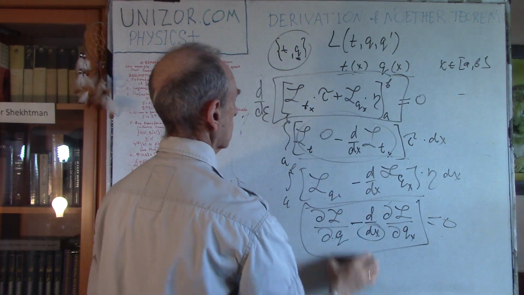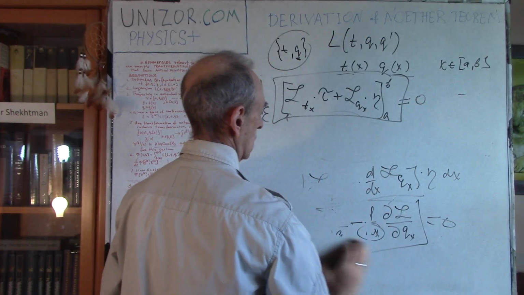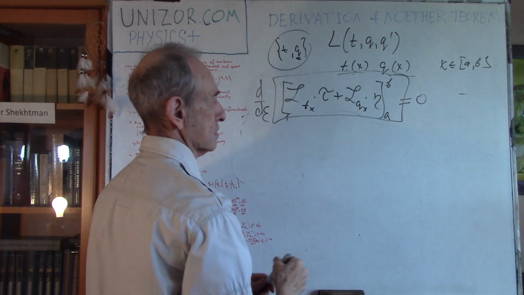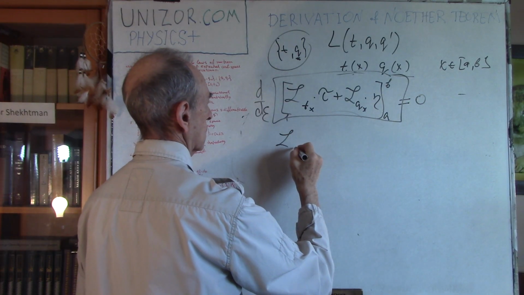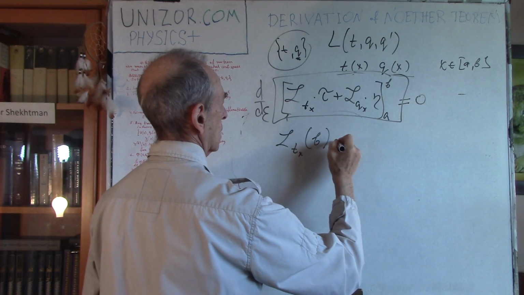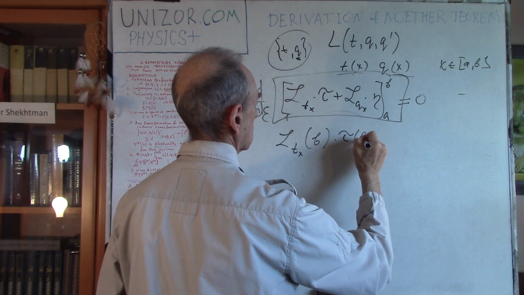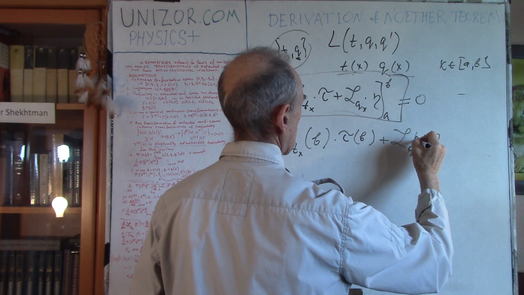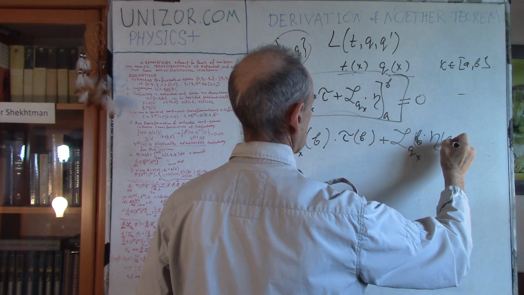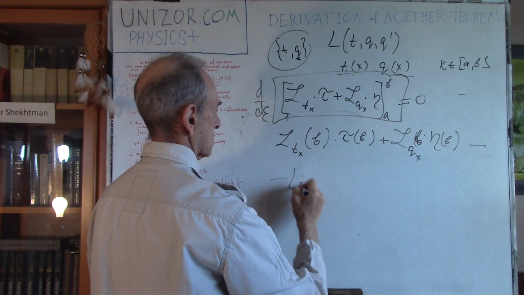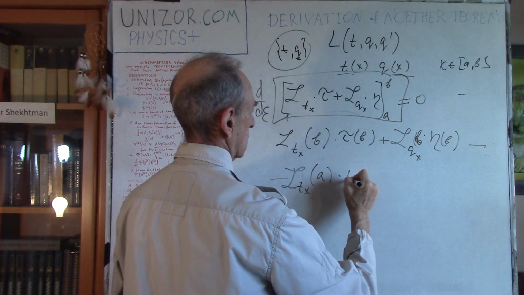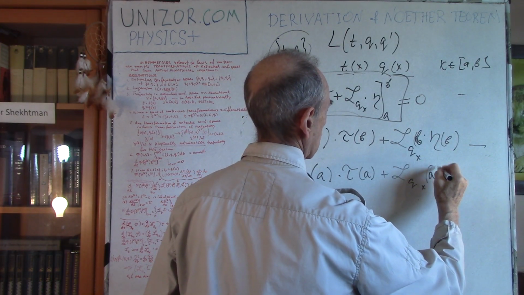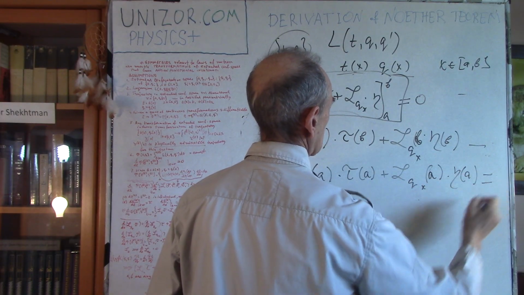Now, if this is equal to 0, it means that if I will substitute a, and if I will substitute b, so if I will have L tx from b times tau of b plus L qx eta of b, minus L tx, sorry, this L of a times tau of a plus L qx of a times eta of a, equal to each other,